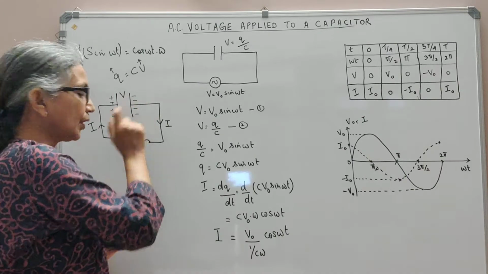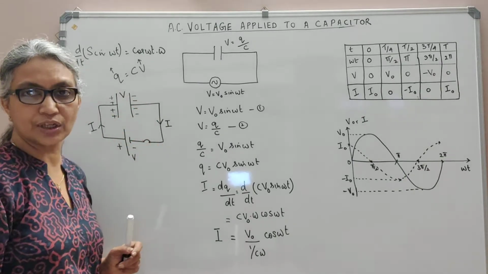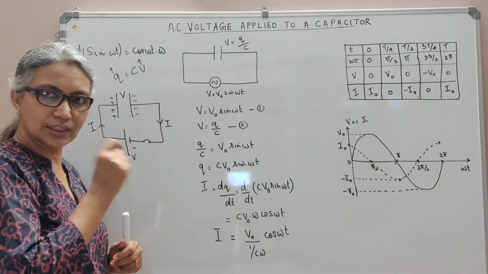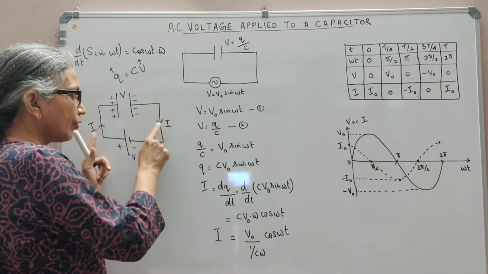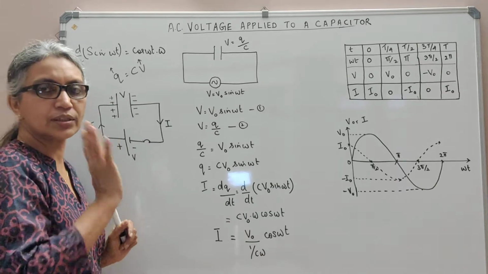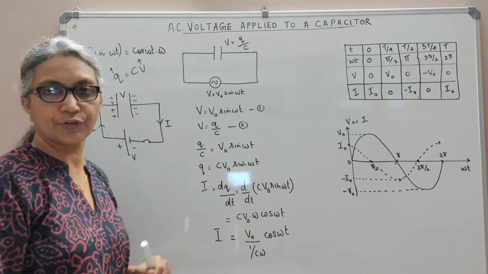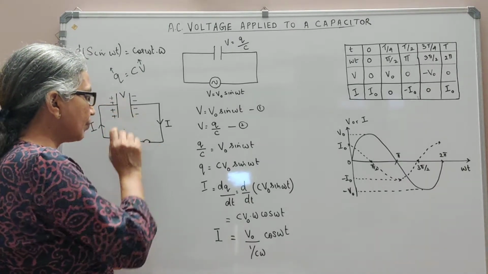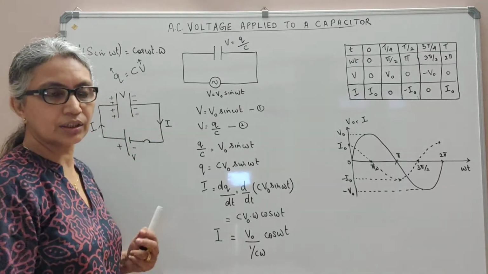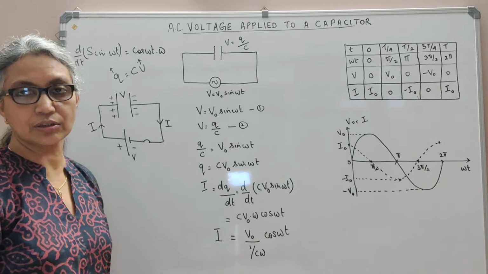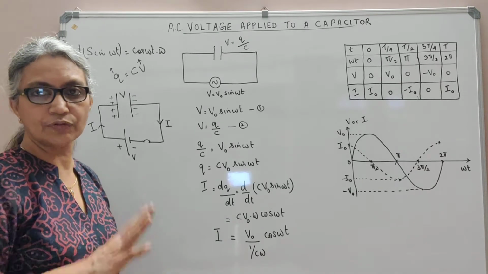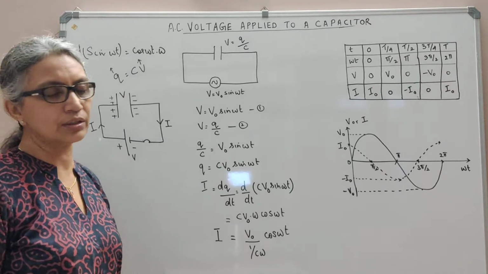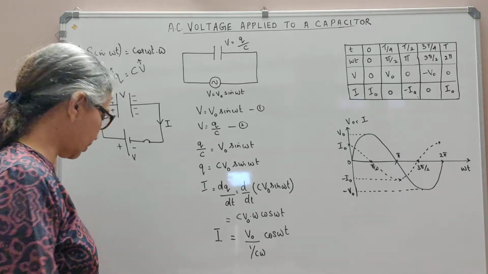But once the capacitor plates are charged, no more flow of charges will be there. There will be no current in the circuit. So for a very short time, you will have a current which charges up the plates. Once it is fully charged, there is no more flow of current in the circuit. And this is why we say that a capacitor blocks DC current. So in a circuit where you have a capacitor connected to a DC voltage, you will have current only for a very short interval of time till the plates are charged. After that, you will not have any current in the circuit.